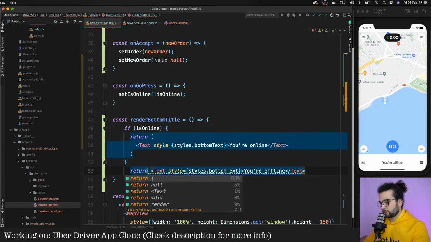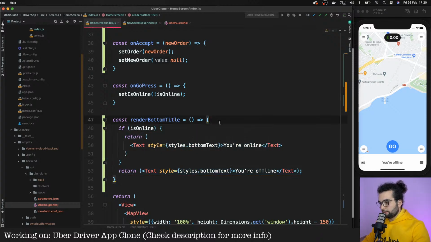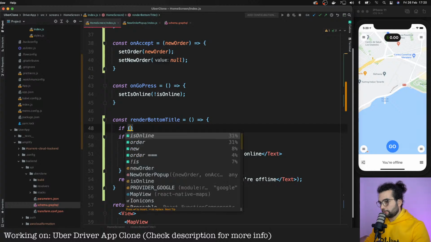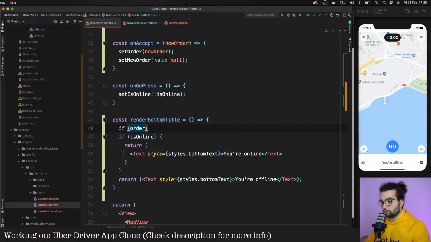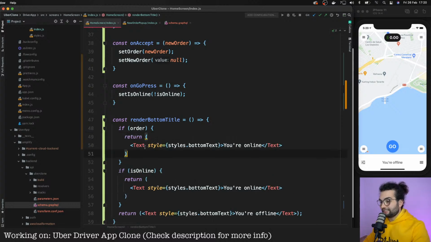Yeah, at the end of the function, we will just return this text. And now we need one more if statement at the top. So if we have an order, we will return. And later we will have other if statements, because are we picking up or are we dropping off, or what's the status? But for now we can